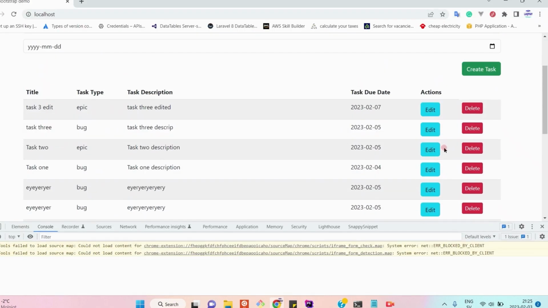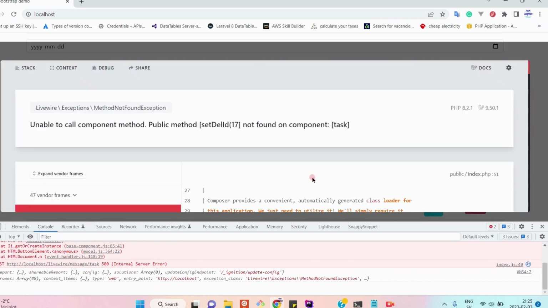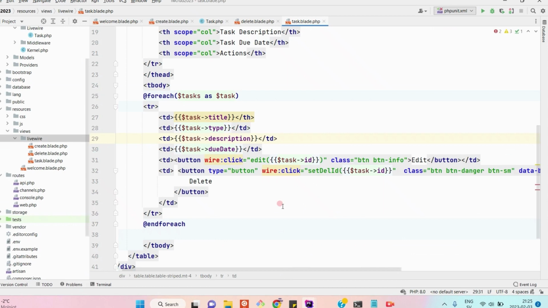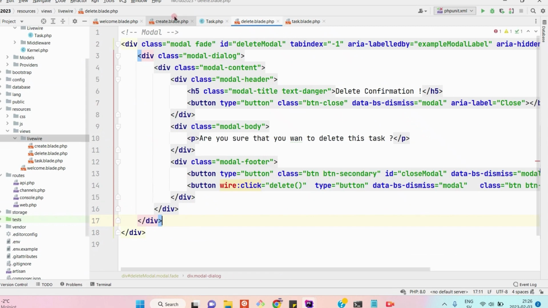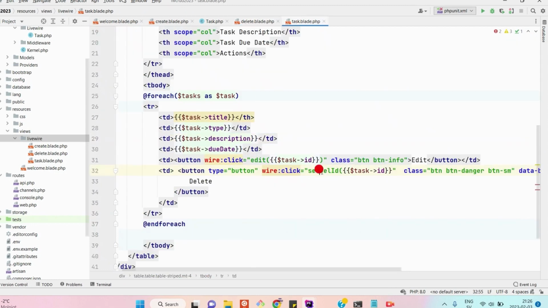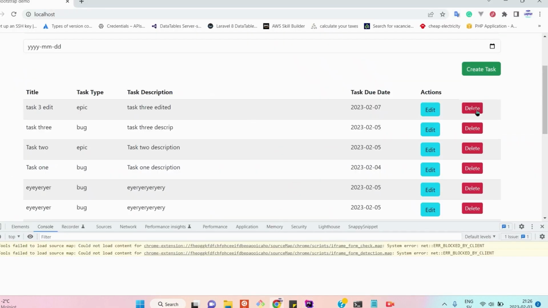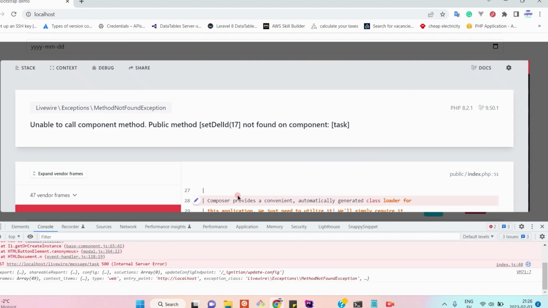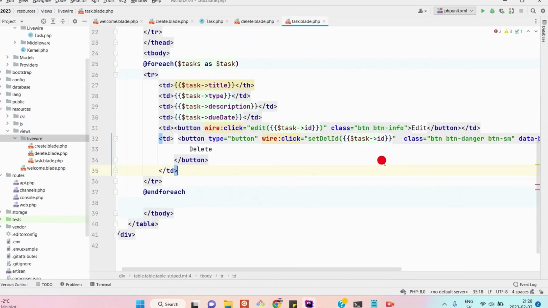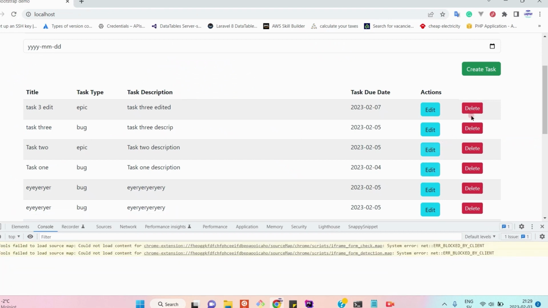Let's refresh it. When we click delete, a pop-up modal should appear. Not found. Something is wrong here. Let's figure it out. setDelId. The error says not found on the component. Okay guys, the problem here is we forgot to close the bracket here. Let's refresh it, and now if we click delete,